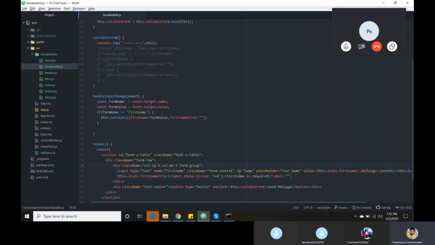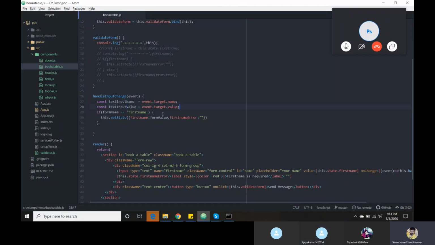Okay, next. Whenever I am on change, I need to get my name and value, field and value. The reason: in our form we have 10 fields or more than 15 fields, and I need to differentiate which field has which value. That's why I have taken two variables. One is form name, another one is form value. Or else you can just name it text input name and text input value, for your understanding.